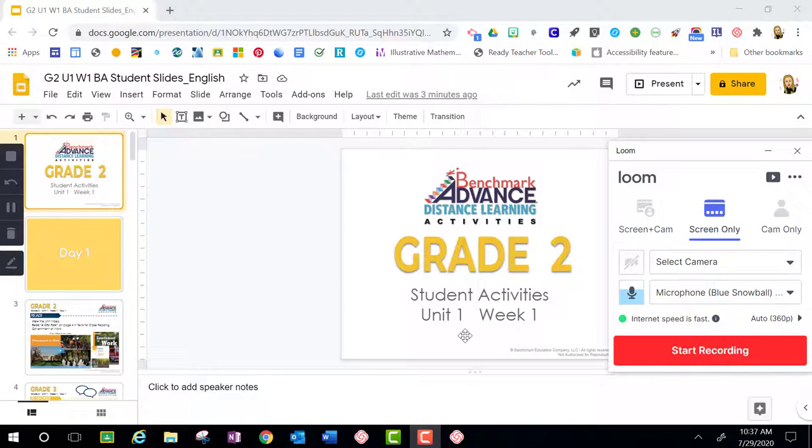Just as an example to show you what you could possibly do with the annotation tool while you're recording an activity. And of course you would adapt this to whatever grade level you're working with, but potentially if you have students that are missing and you want them to be able to go back to get the assignment, you could create a Loom on what the assignment is and then post it to your Google Classroom, and your students would be able to go back and watch and know exactly what they need to be doing with the assignment for that particular day. So if I click Start Recording,